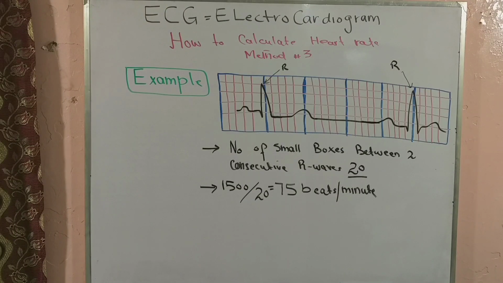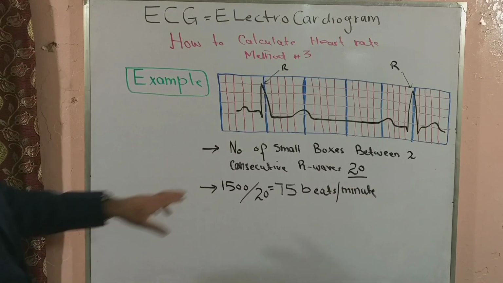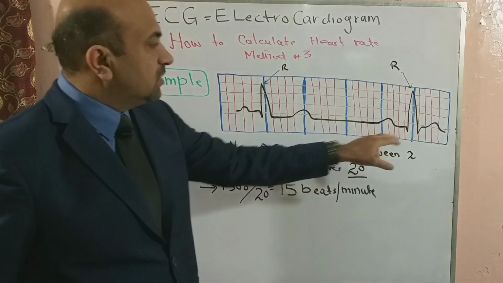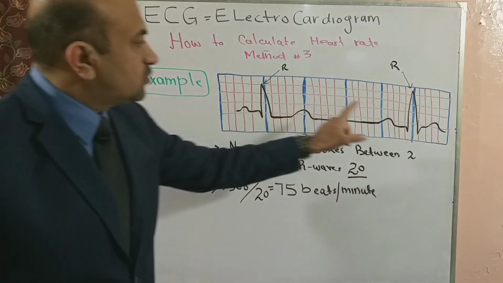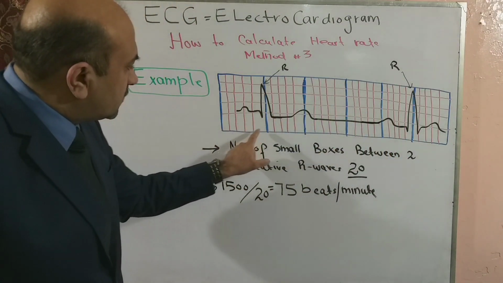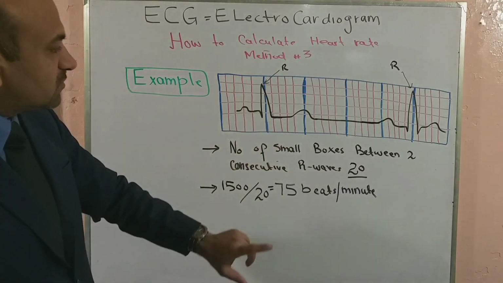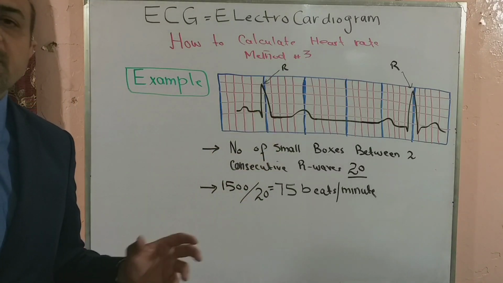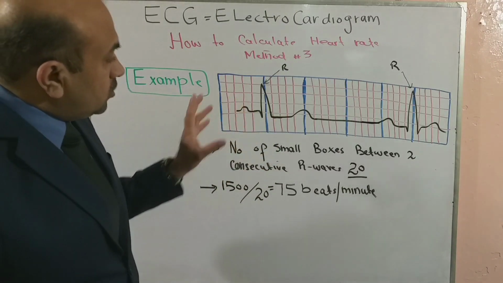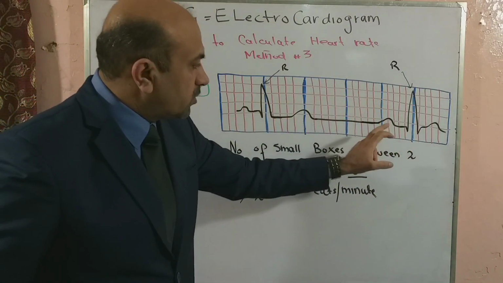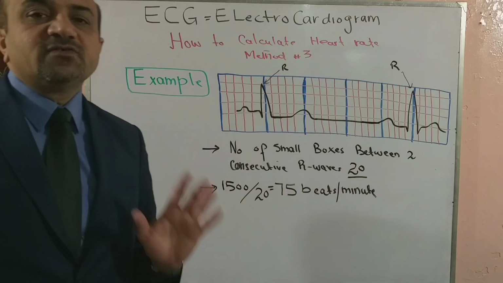So take this example of how to use the method 3 on the ECG paper to calculate the heart rate. When you see this ECG tracing, these are the R waves. This is one R wave, this is the consecutive second R wave. So you notice these two R waves, then these are the large boxes which are separated from each other by the blue lines, and each large box has got 5 small boxes which are separated from each other by the red lines. Now you notice that in between these two R waves there are